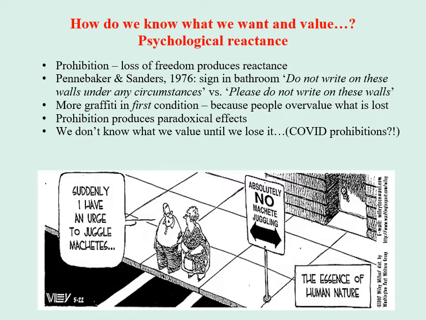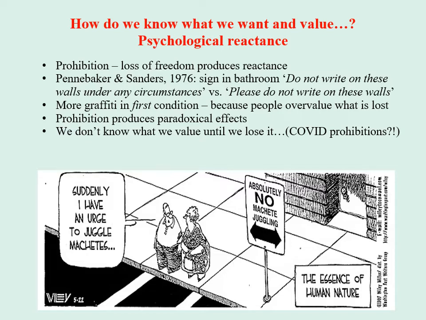And in addition to that, research on psychological reactance suggests that we often also do not really know how much we value particular things, people, and situations. Research on psychological reactance shows that when people are prohibited from performing an action, that loss of freedom produces a reactance. Their value of the prohibited object or activity significantly increases. They are more likely to want to perform a prohibited action.